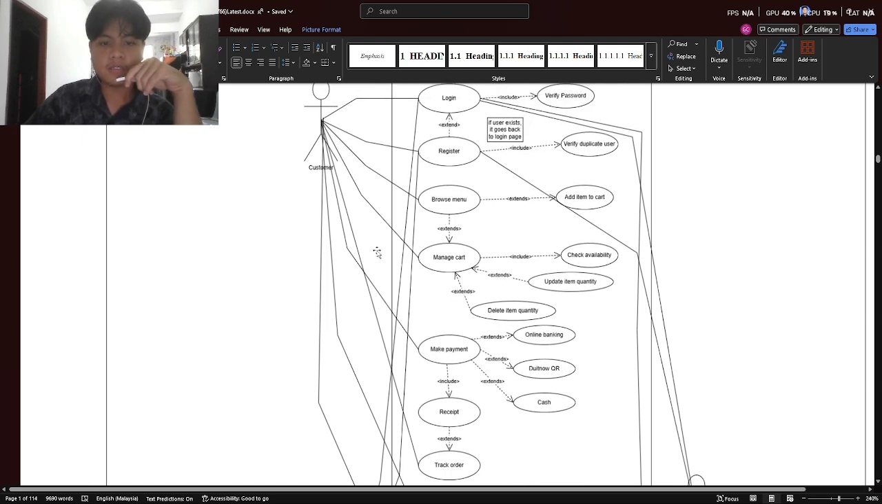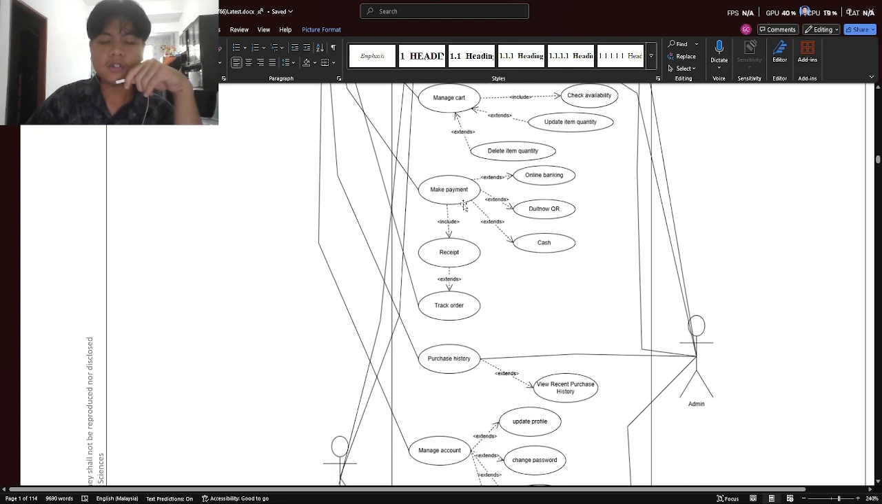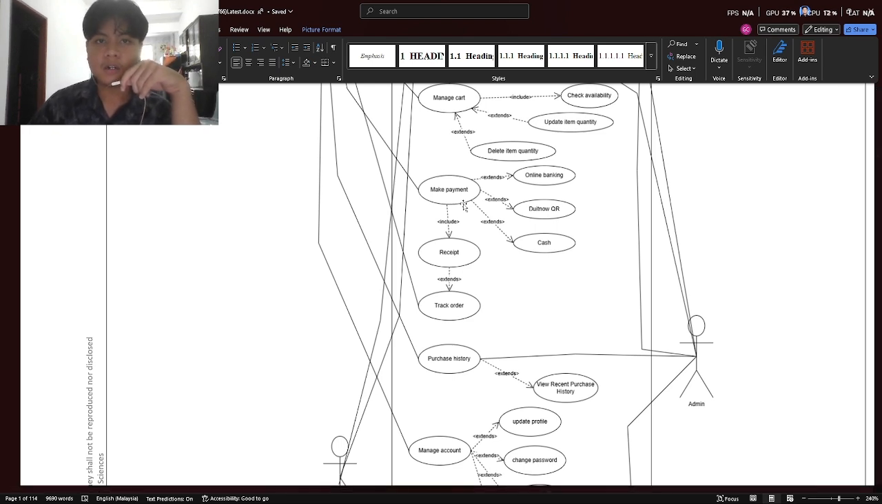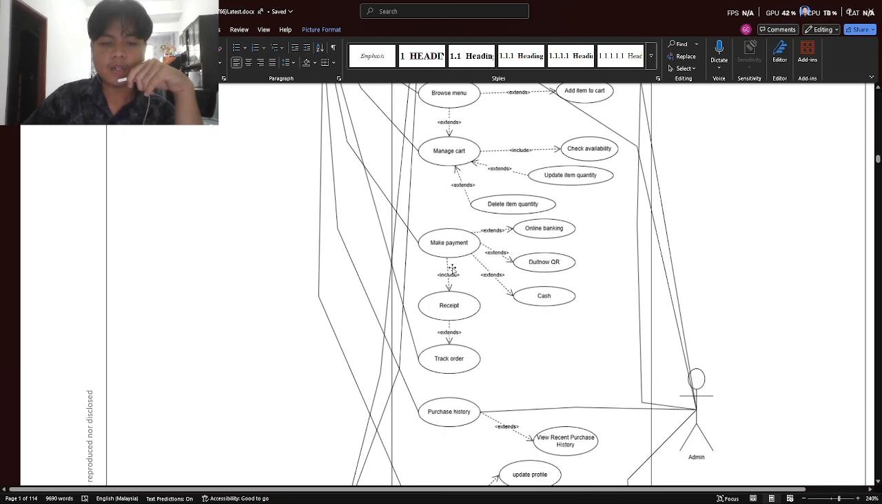In make payment, the customer can pay by online banking, DuitNow QR, or cash. It extends to the three extends. It is optional for the customer to choose the most preferable payment method. And another communication